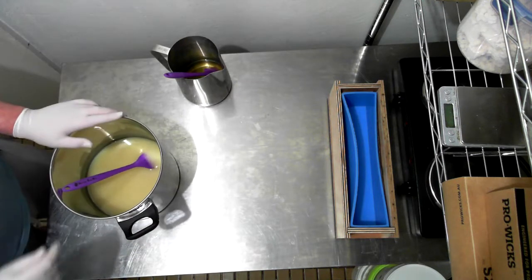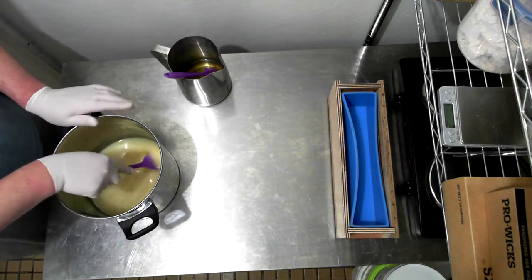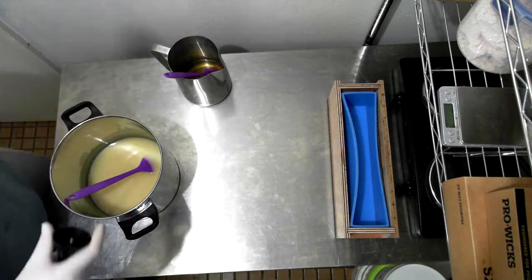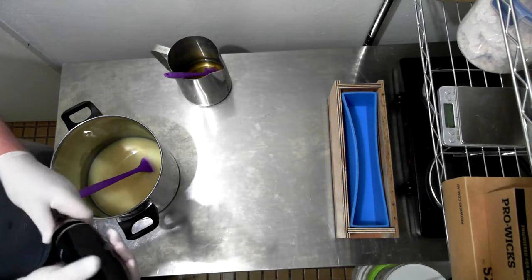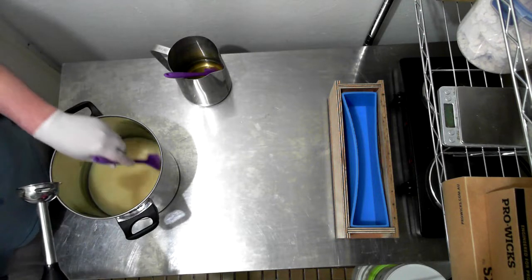So I'm expecting this to trace very fast, considering it's 50% rice bran oil, but that's okay. There's no fancy designs going on here. It's just oil and lye and some additives, and of course in here, sorry I forgot to add, I add